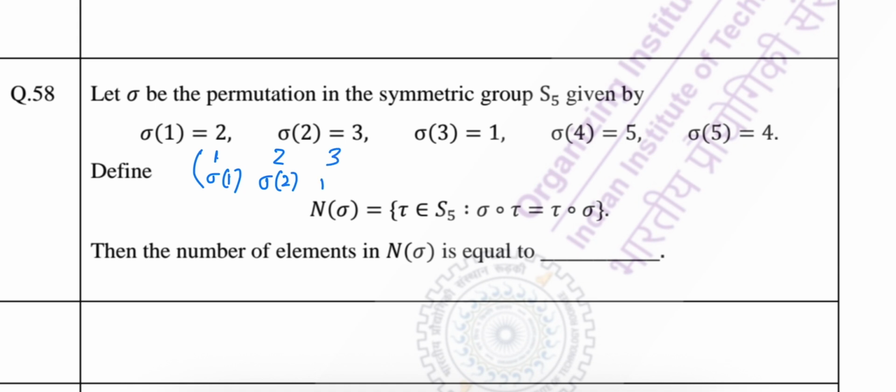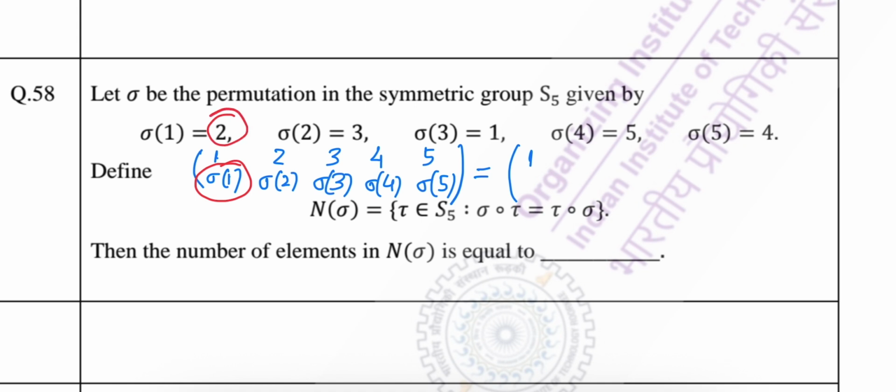Thereafter 3 sigma 3, 4 sigma 4, 5 sigma 5. Okay, and according to this question, this will be 1, and you see sigma 1 is 2, so